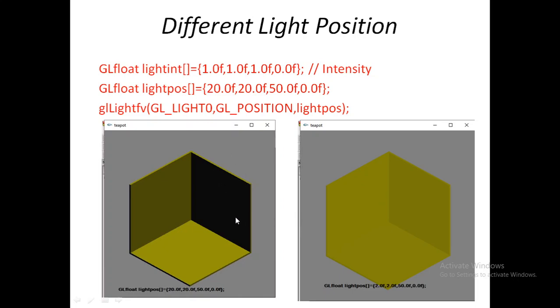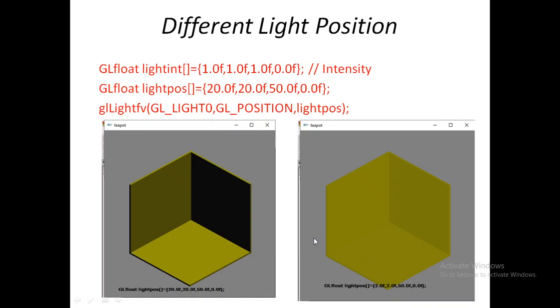Now one more example. You see our actual output is showing some light position, correct? Now these two have different light positions. The commands are down there. If the light position is 20, 20, 50, 0 in XYZ values, the light intensity is like this. You can see a little black, some partial black here, and yellow here. And here you see the light is shifted towards the scene, near to the scene. It means the light is set just above this room. You can see the value 250.